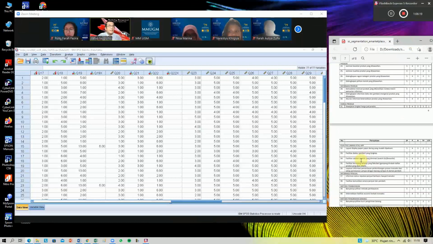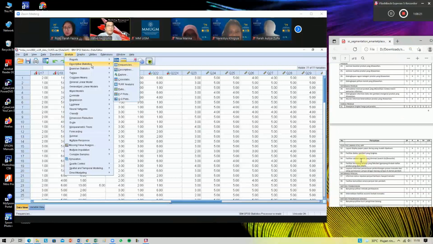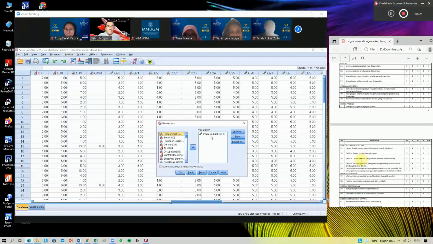Okay, and then analyze again the same. So we use descriptive. So please return the previous data, perceived risk. Now we start from data number Q24 until Q50.